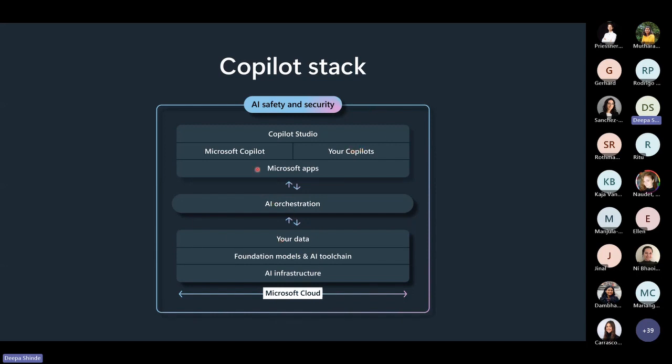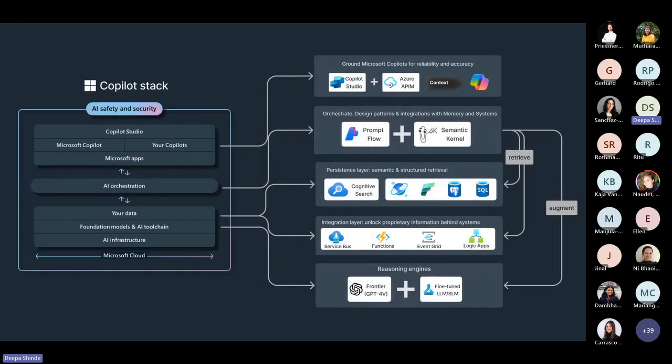Again, I'm not going to go into details of this because some of you might be aware of this, some of you might not. So I don't want to spend time going through this entire stack, but just remember that Copilot Studio is also for mixing and matching your data. You don't have to do it yourself. It does the orchestration, it does the RAG pattern on its own, and it gives you the conversational front end. That's the only thing you would have to be aware of for the day.